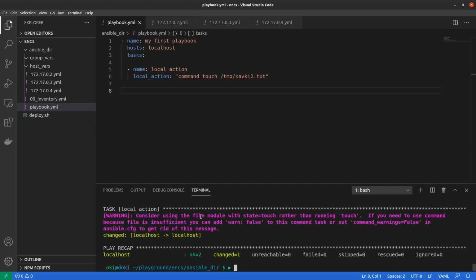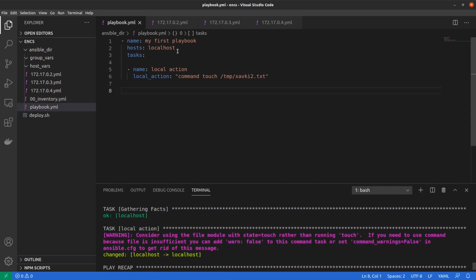We have created this file, but in this case we don't use a local connection, and we do a simple SSH connection. So in this case we have to use the local_action module, and the local_action module bypasses the SSH connection to do this command locally. So the better way to do it is another task.